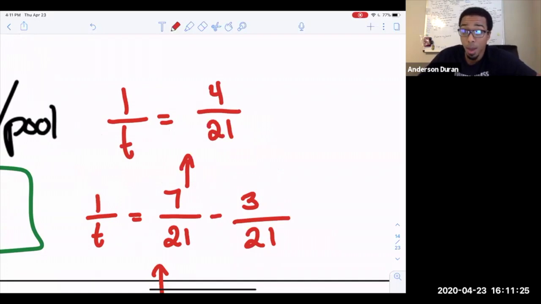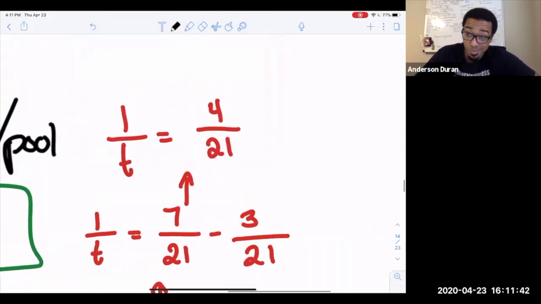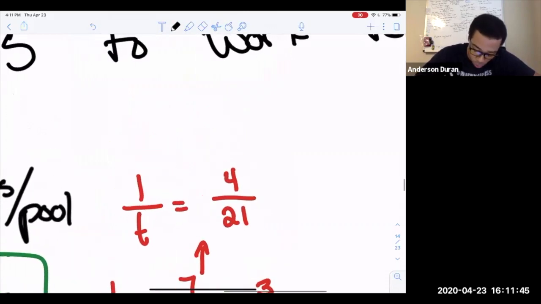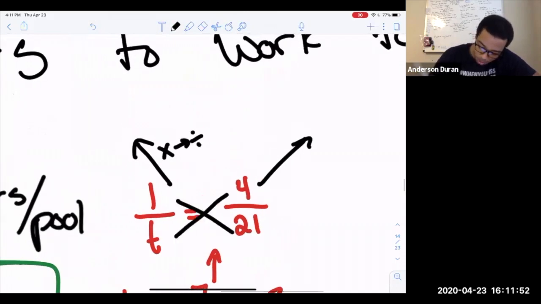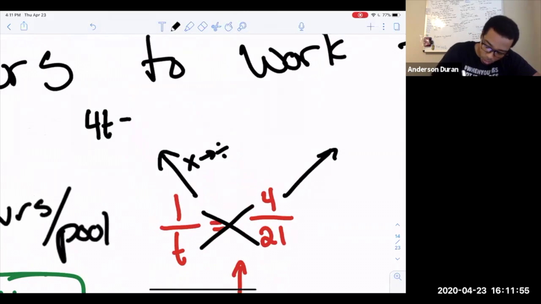There's 2 ways we can go about this. Yes or no, everybody? Could we cross multiply and divide here to get this done? We could, right? We definitely could, for sure. Here's something that not a lot of people know as well. You can cross multiply. Let me actually show that right now. So I'm going to go 2 methods here. One, I'm going to cross multiply and then divide. So cross multiplying, t times 4 is 4t. 1 times 21 equals 21. And then I divide by 4. And then I receive t